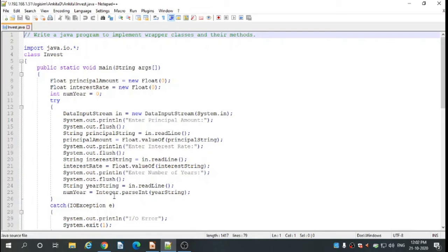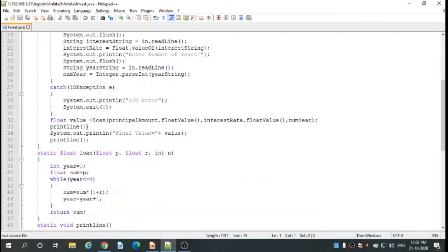Directly we have to convert the string value into an integer value, so we are using the Integer.parseInt method, which helps to convert a string amount into an integer amount. And we are passing the yearString value.